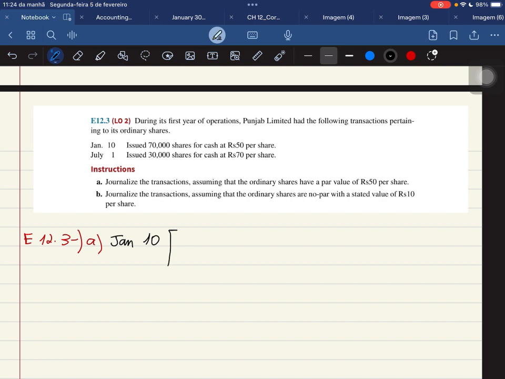Every time you issue shares, your cash has to go up, right? Because it's kind of like you're selling these shares to other people, so you have to get cash from them. So in all of the transactions that we're going to be journalizing for both A and B, we're always going to have cash on top for that reason. Now, as you can see here, the values are the same, right? The par value and the issuance price were both 50, which means that there is no difference between this and that, so over here we can just debit cash and we can credit